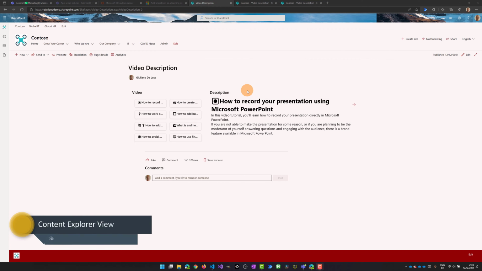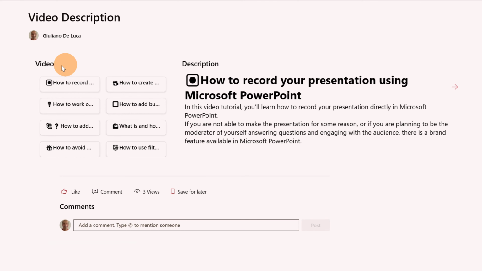Here I have a SharePoint page open. In this page, I just added two list wrappers. On the left, I have the video list, and then here I have the second list wrapper, description. What I have here is exactly the same list, but with two different views. On the left, I have this navigation with buttons, and here I'm displaying the card view of the list video description. On the right, I have the second list web part that is displaying in more detail every